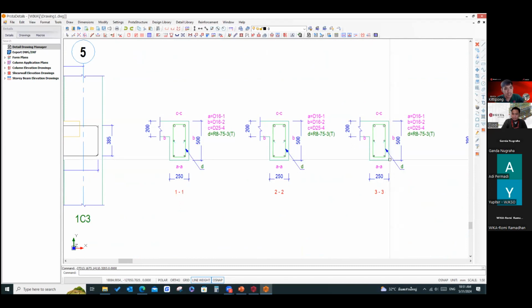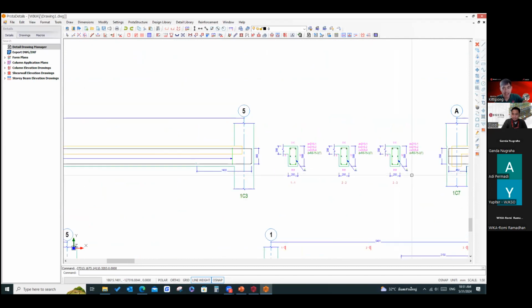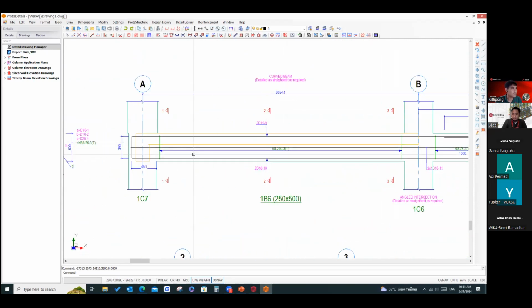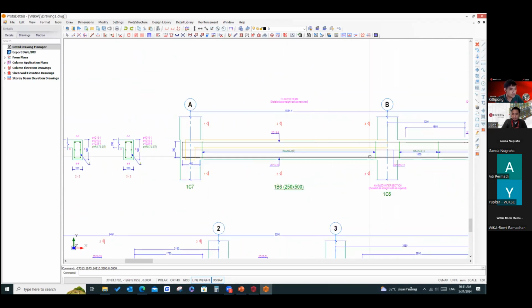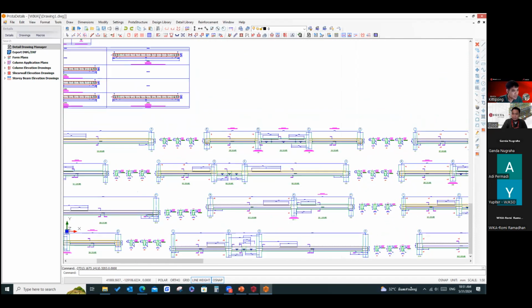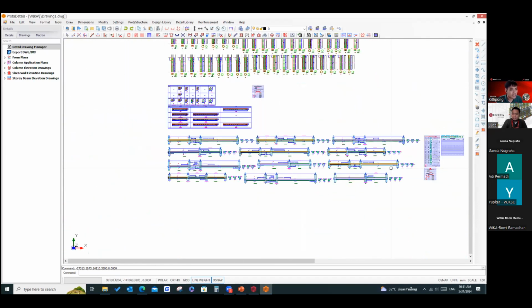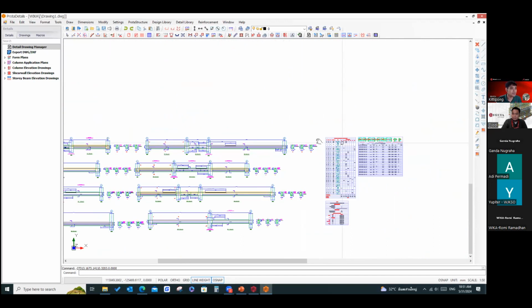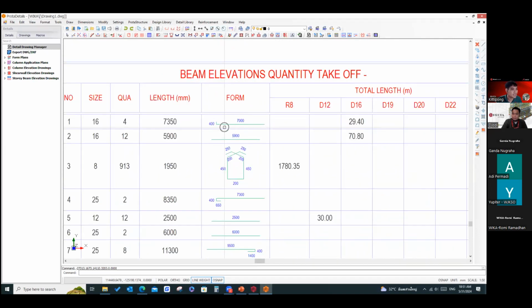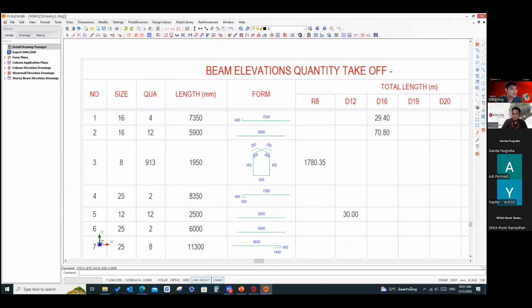You can change the format of the drawing as you want. This is just the default of the program. You can change it to many types of drawing. And every drawing comes with the bar schedule like this. You can use this bar schedule for construction.